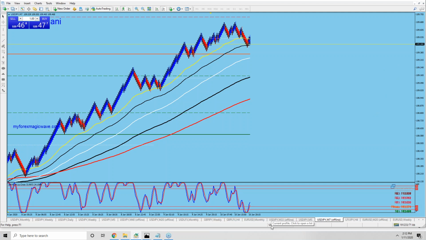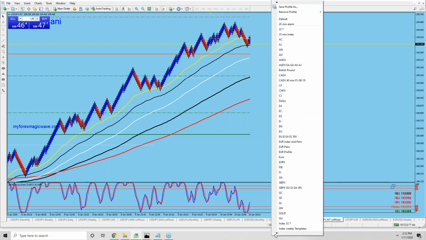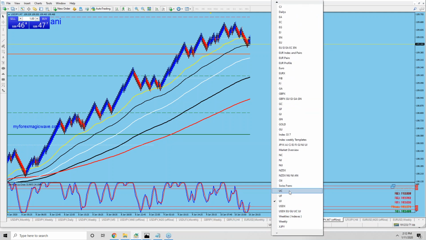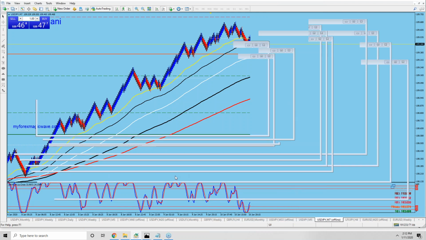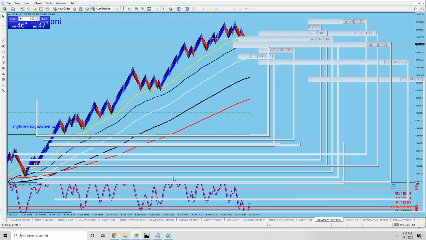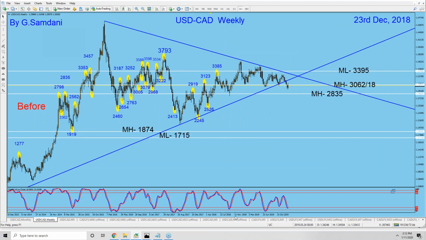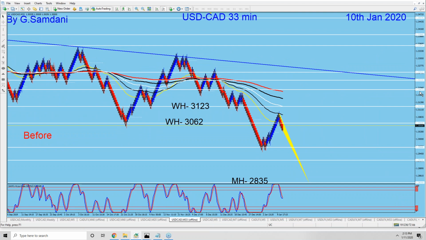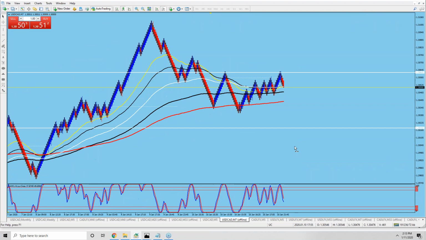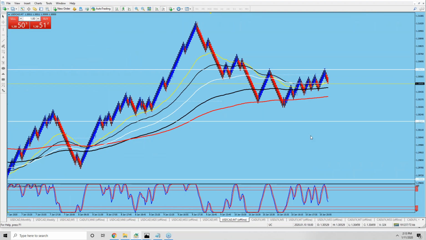Okay, and similarly, let's say if USD CAD, that will be coming down if USD is going to get weaker. And do we have a setup there? USD CAD, quickly 33-minute chart. Here we go. I already made this chart on Friday, by the way. All right, so it started to come down, and we have here. Do we have a nice short set? Not yet, right? But let me refresh it, maybe, because